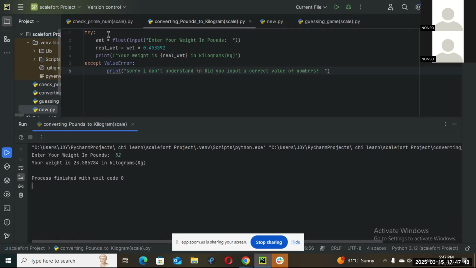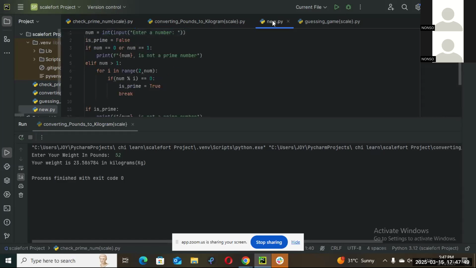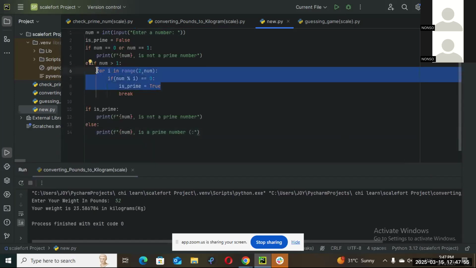In checking if a number is prime... Okay, no, it's in this one. I don't understand this side. So how did you do it if you don't understand it? From Google. Ah, okay. So what I especially want you to do in this one is